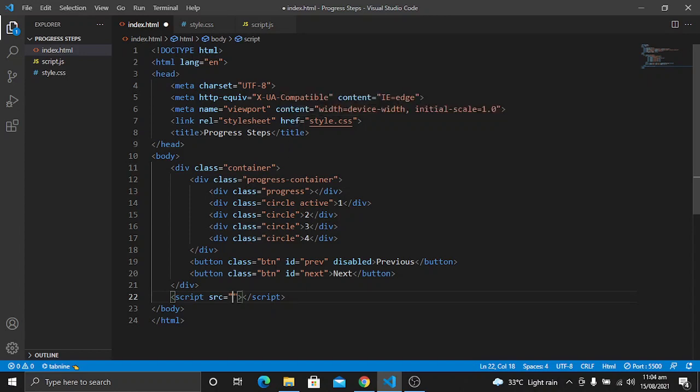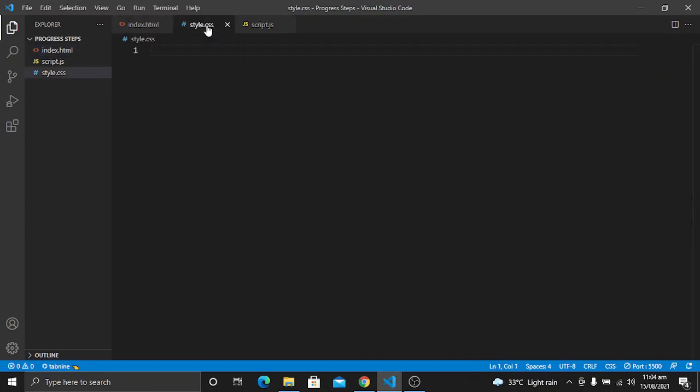The good practice is to import it at the end of your HTML. So when your website opens in the browser, it will first load the HTML, and at the end it will load the JavaScript. Let's save it and now go to our CSS file.